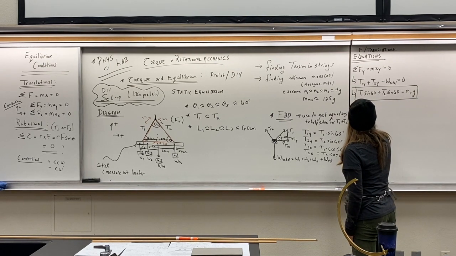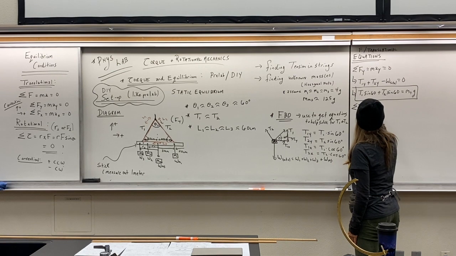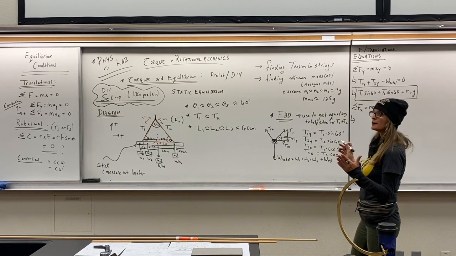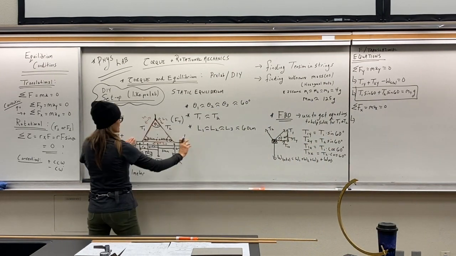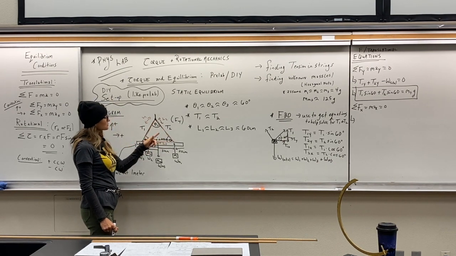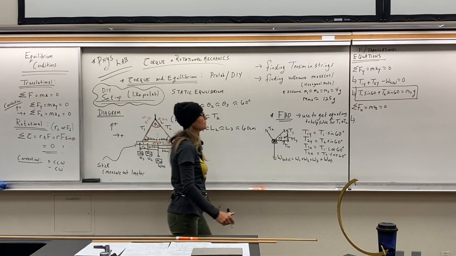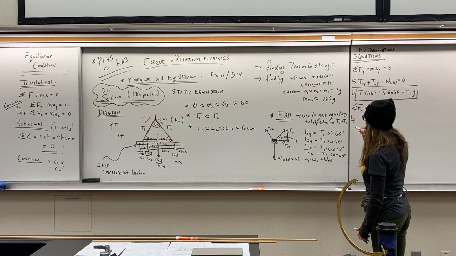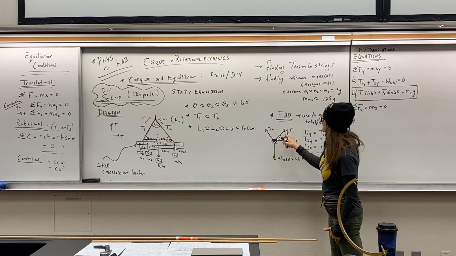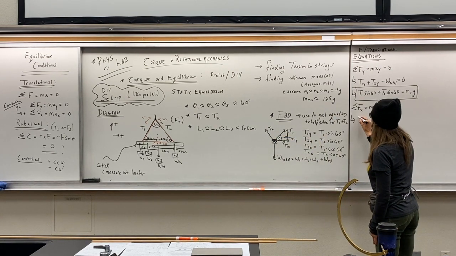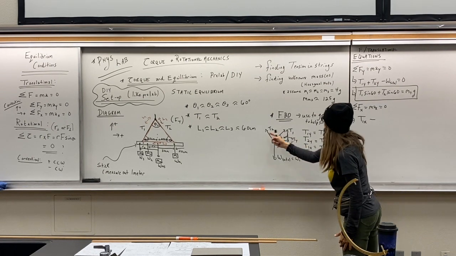Now the next one I have is the sum of all my horizontal forces equals MAX, and that should be 0. So in this case, the only contributions I have in my setup to the translational motion in the horizontal direction will be the X component of this tension and the X component of this tension. These are all vertical. The weights are all vertical. So in this case, the right side is positive. T1X is pulling in this direction. So I'll have T1X minus T2X